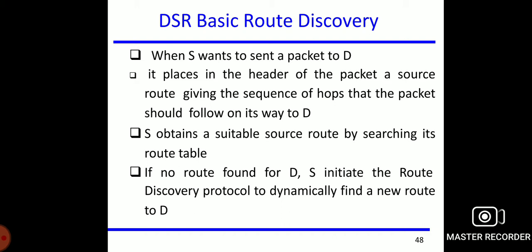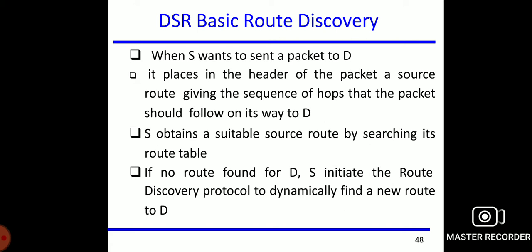Now the sender broadcasts a route request packet. The route request packet contains a unique request ID and the address of the sender. Then on the receiver side, if the node is the destination or has a route to the destination, it sends a route reply packet.